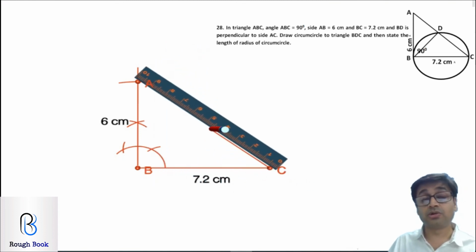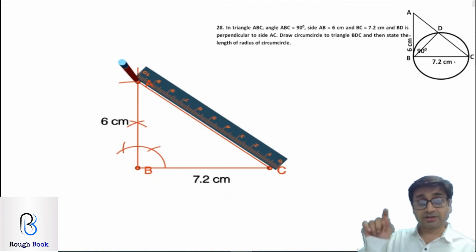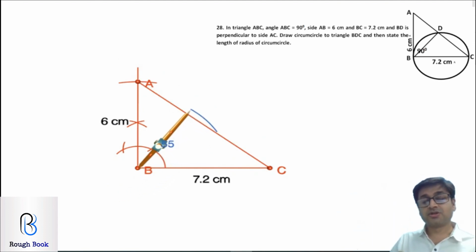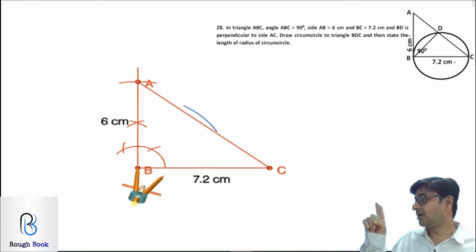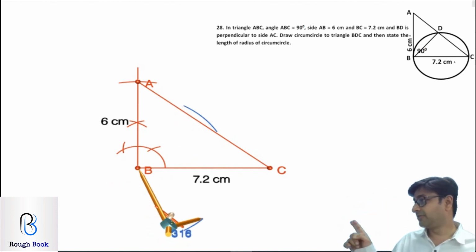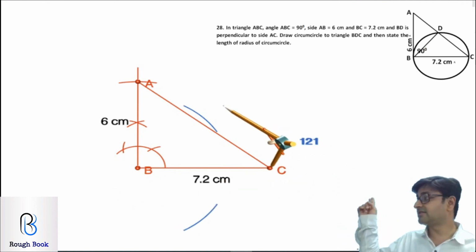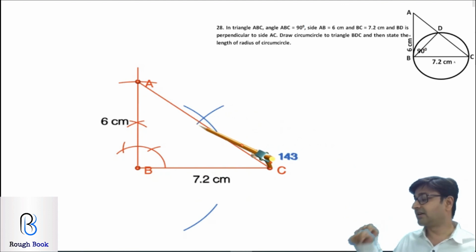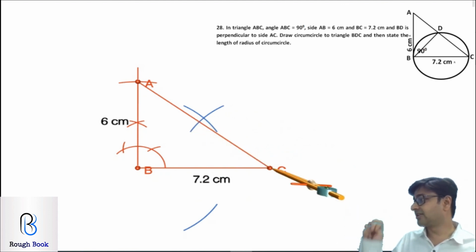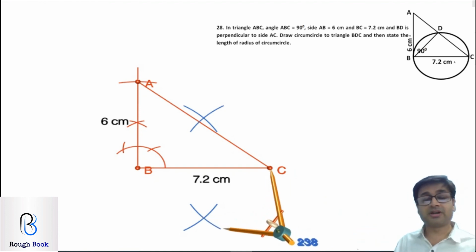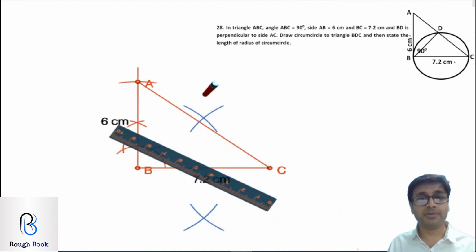So how are you going to draw that? Think about it. So to get BC as the diameter, I need to get its midpoint, right? So that from there I can draw the circle. To get the midpoint, side bisector. So from B, cut an arc on top like that. Cut one arc down. Same radius. Keep it on point C now. Without changing the radius, cut an arc on top. Likewise, cut an arc down. The 2 point of intersections that you can see there, join both of them. And that becomes your side bisector of BC.